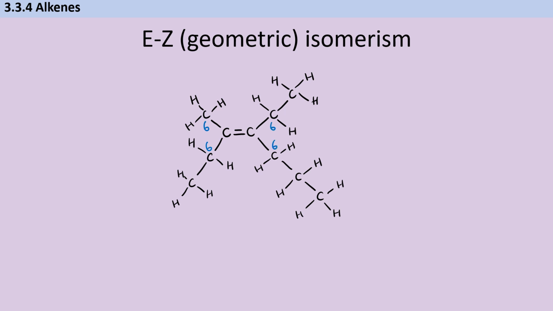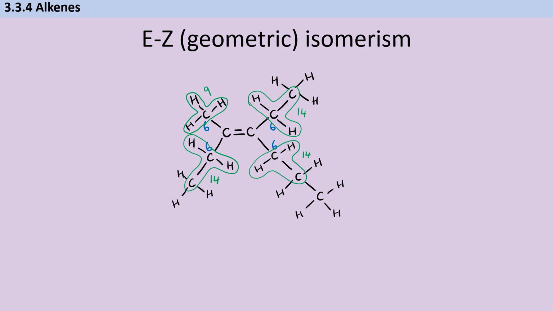So okay, we take each of those atoms and we look at the atoms that are bonded to them. If I total up all of these, I have an atomic number of 9, whereas if I look down the bottom, then I've got atomic numbers that add to 14. So my high priority group on the left-hand side is my bottom one. And then if I do the same on the right-hand side,